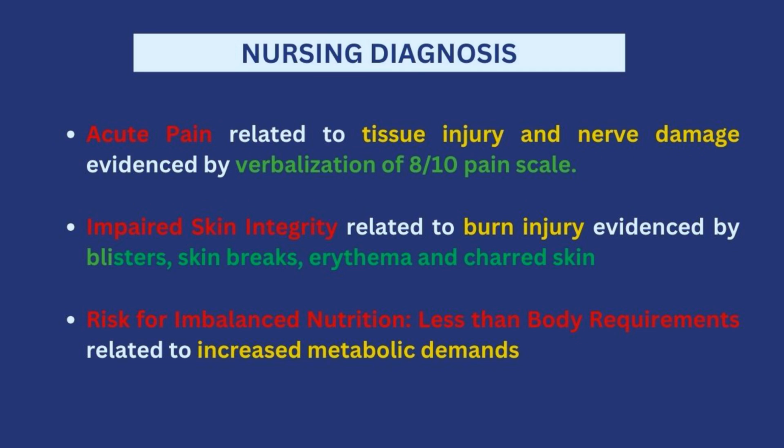The first one is acute pain related to tissue injury and nerve damage, evidenced by verbalization of 8/10 pain scale. Another one is impaired skin integrity related to burn injury, evidenced by blisters, skin breaks, erythema, and charred skin. We also have a risk diagnosis of risk for imbalanced nutrition less than body requirements related to increased metabolic demands. So now let's pick each of these nursing diagnoses one after the other and draw a nursing care plan on